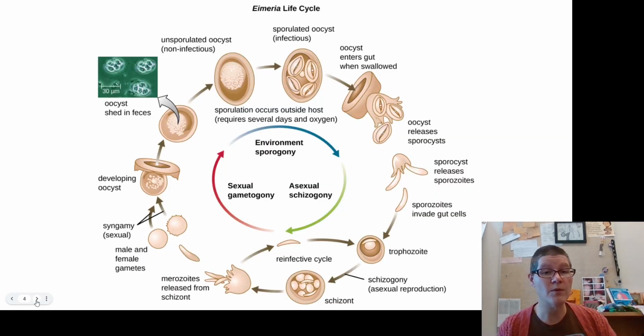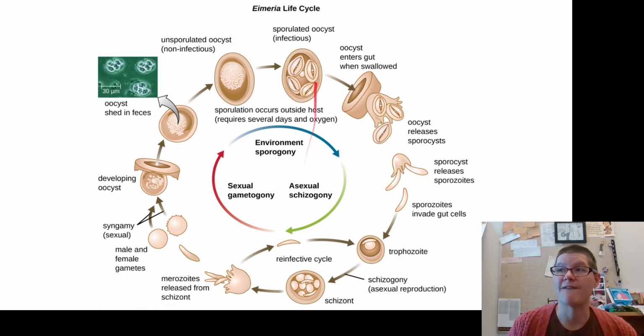All right, but when we talk about ones that live inside of hosts, one of the things that makes eukaryotic protists and protozoa and other things that cause trouble interesting is that they often have a very complex life cycle. So this is just one example. There are a number of different versions of the parasitic life cycle, but essentially what happens is they typically get picked up from the environment. So these are shed in feces, and so somehow they end up in your environment, in feces of an animal, or however they end up there, they get on you. And what happens in the environment is they form cysts.